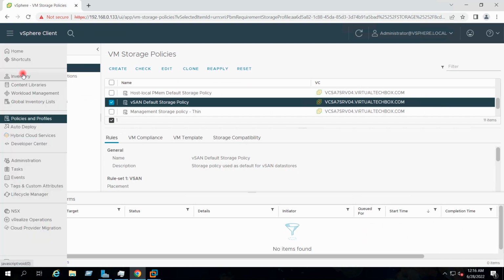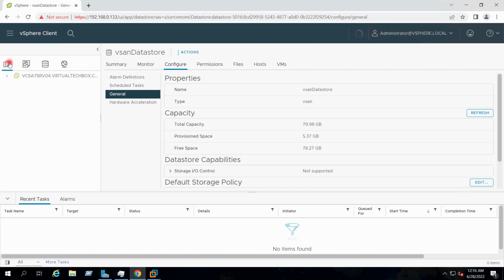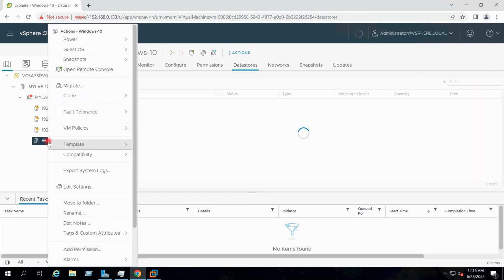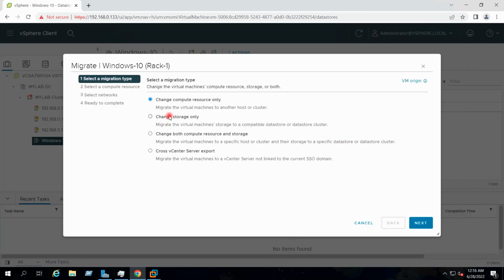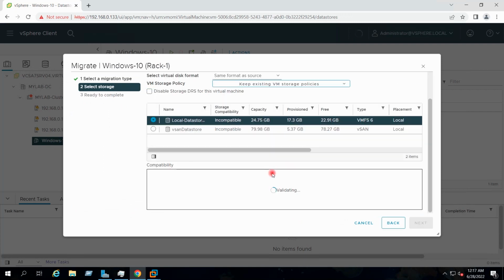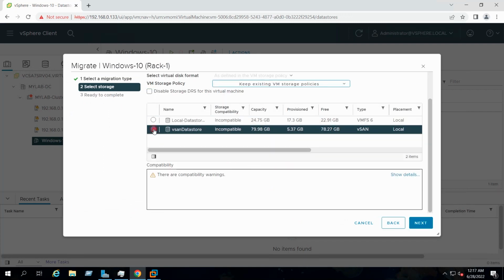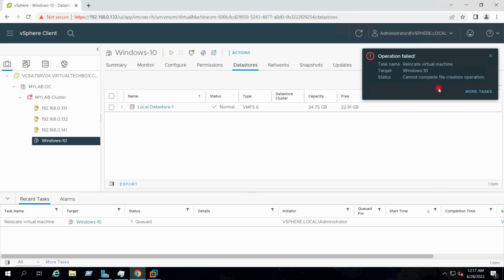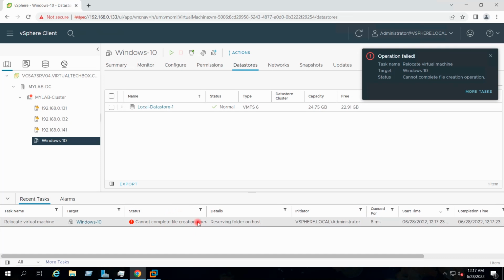If I go to inventory and if I try to migrate this Windows 10 virtual machine to the vSAN datastore, I will not be able to do so. I am getting the error because as of now our vSAN datastore is not compatible with the applied policy. So to resolve this issue,